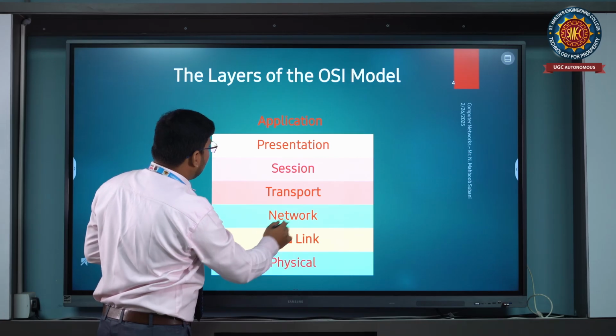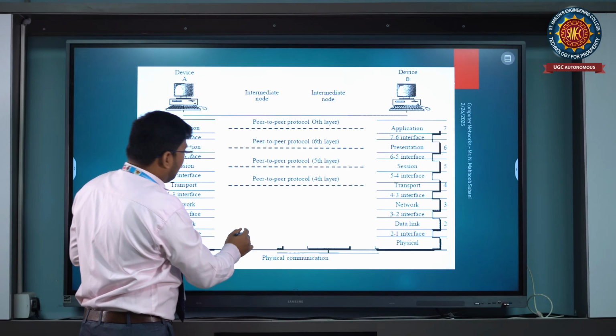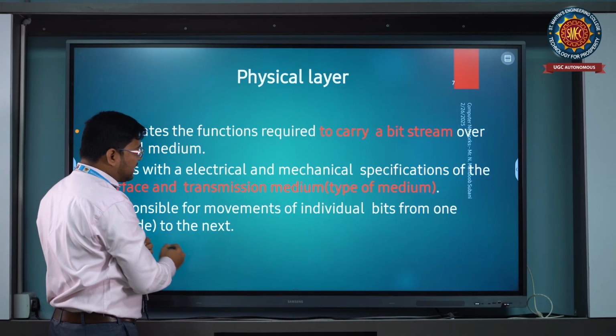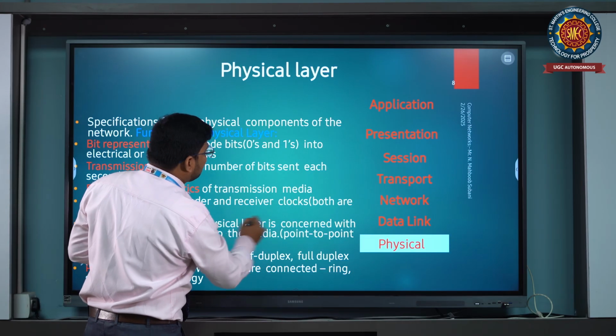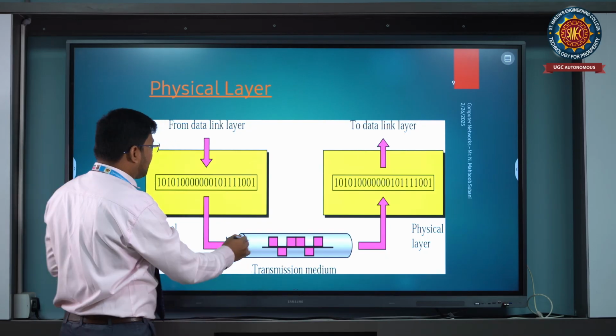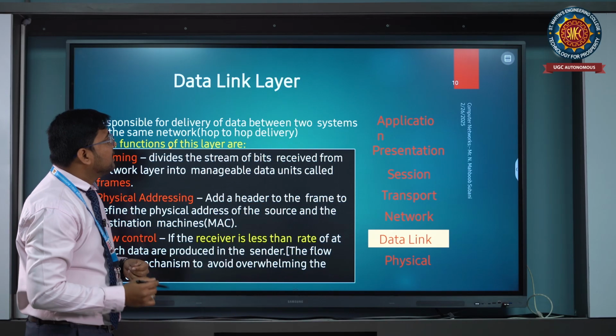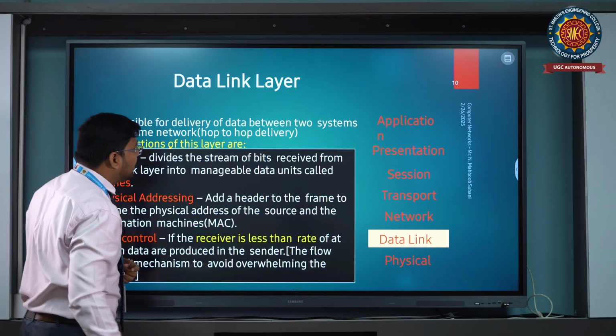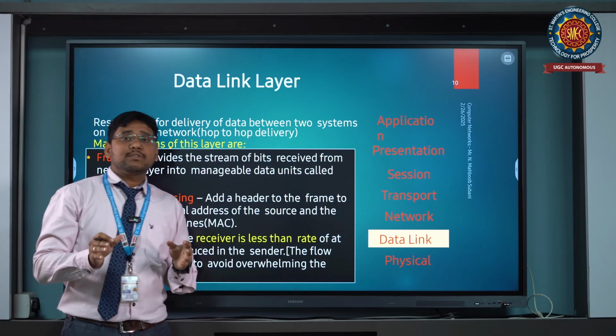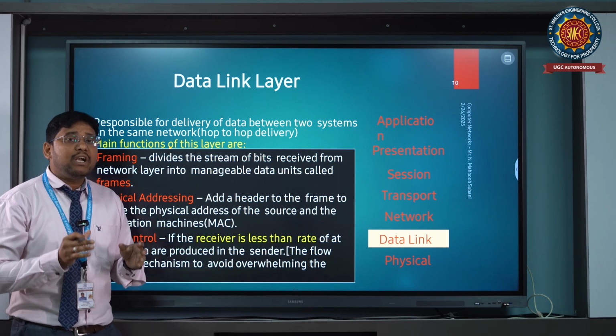The data will be flowing from the data link layer. The data link layer will send the frames. The frames will be turned into a bit stream, converted into bits by the physical layer. Then the physical layer will send them through a physical medium. In the data link layer, framing is the concept where all the frames are provided with bits,